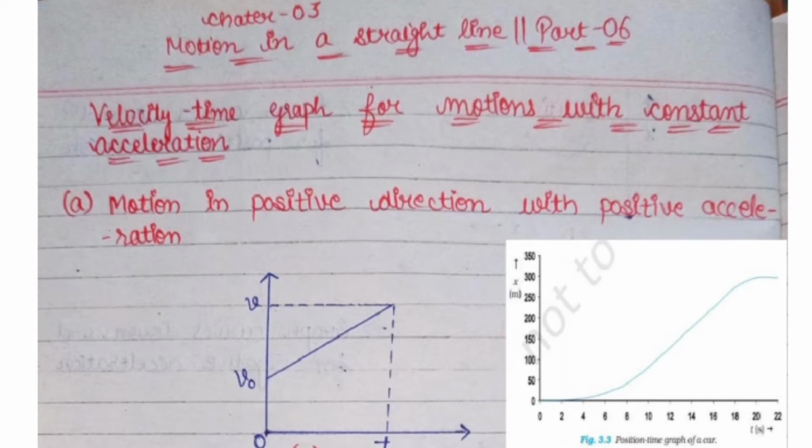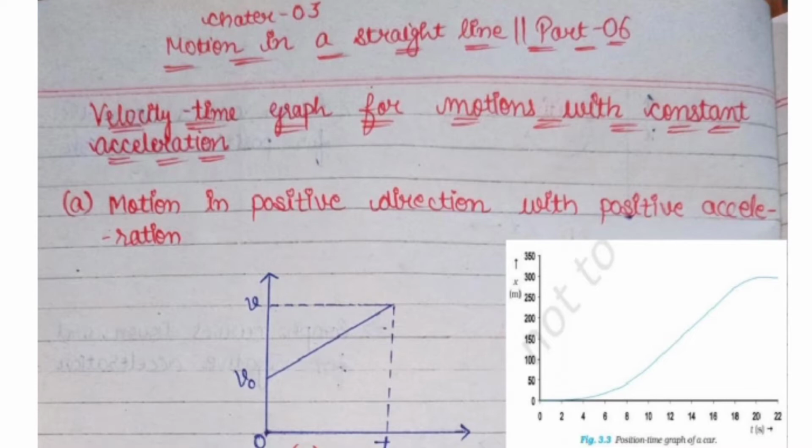We know that acceleration can be positive, negative as well as zero. So what is positive acceleration? Velocity time graph gives us acceleration. Positive acceleration means velocity is constantly increasing with time. It means an object is speeding up with respect to time. As time is passing by, the object is increasing its speed.